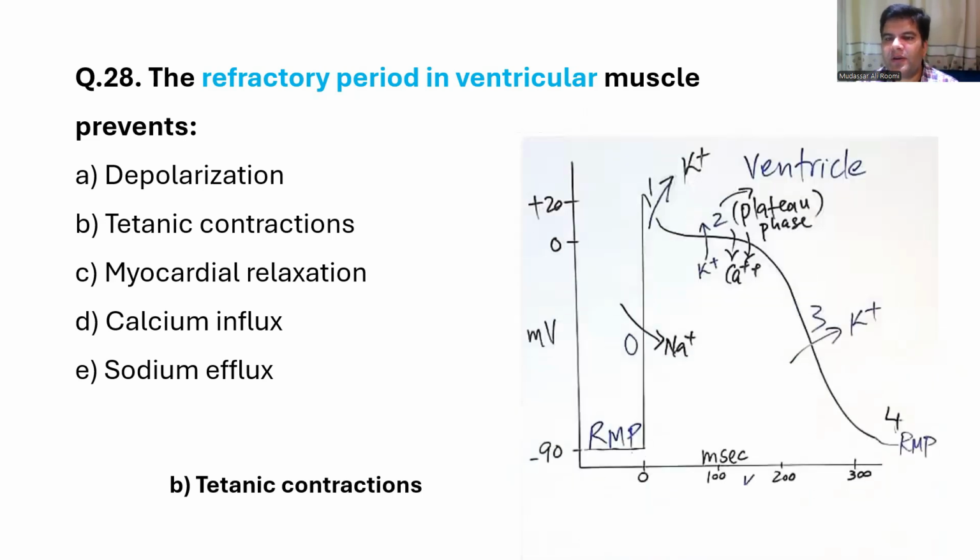It's because the refractory period is long, about 250 to 300 milliseconds in the ventricular muscle. In case of such a long refractory period, the maximum possible total number of excitations in the ventricular muscle is about 3 to 4 per second. And this means the cardiac muscle can contract up to 3 to 4 times per second maximally,